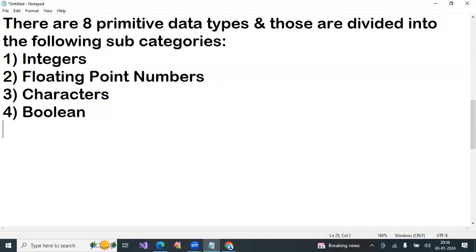Next one, Boolean. Fourth category, Boolean. Category name, Boolean. Data type also Boolean.